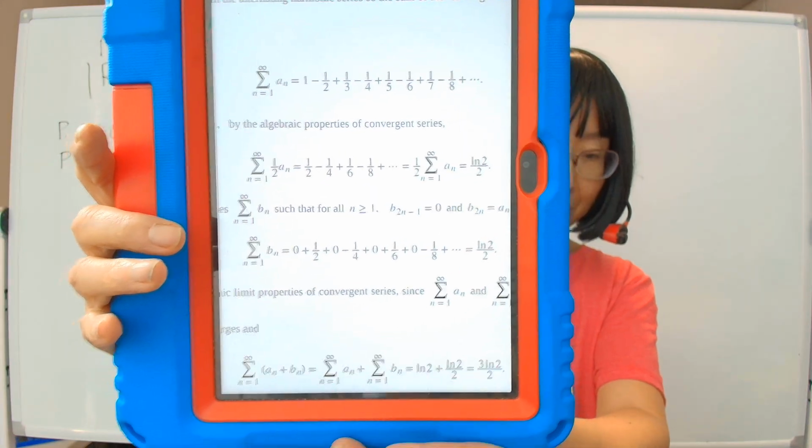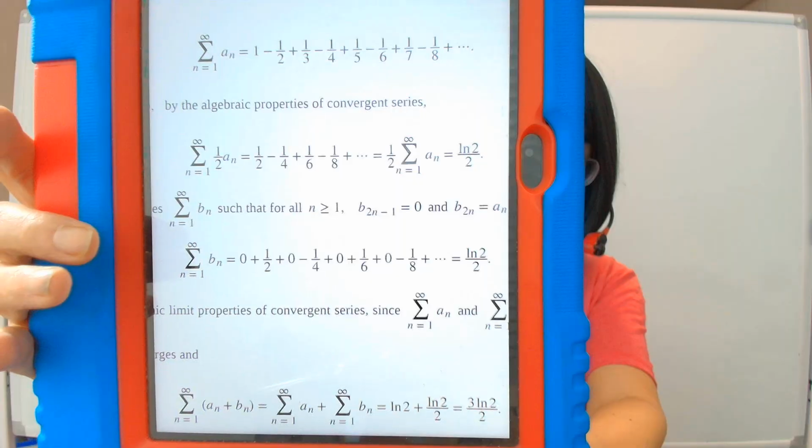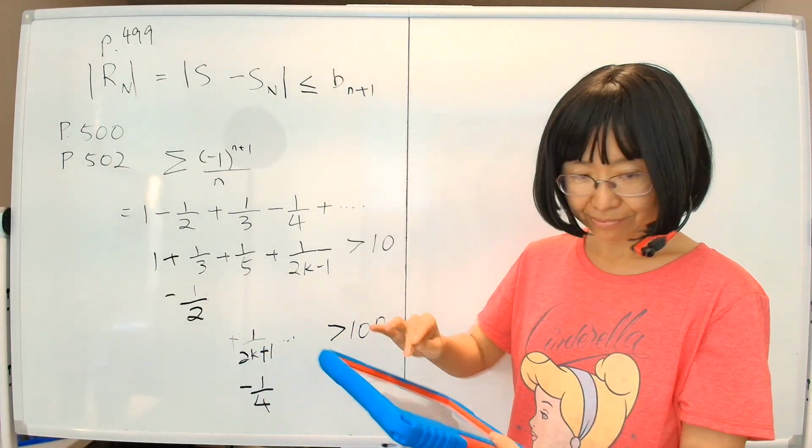I don't know why my camera is blinking out. Maybe I pull back a little bit or too closer. Or maybe my camera is dying. Who knows? Anyway,